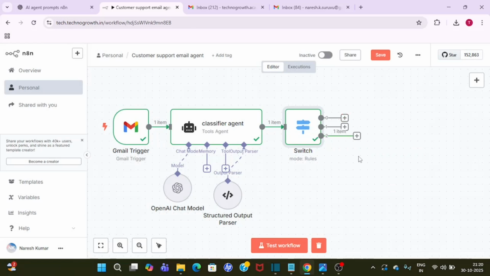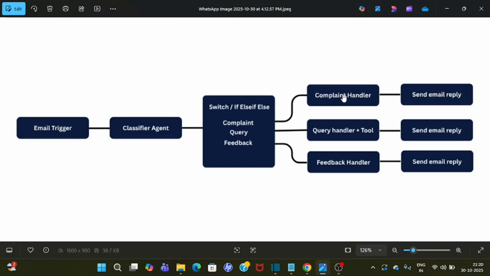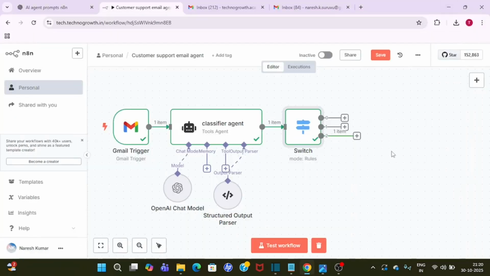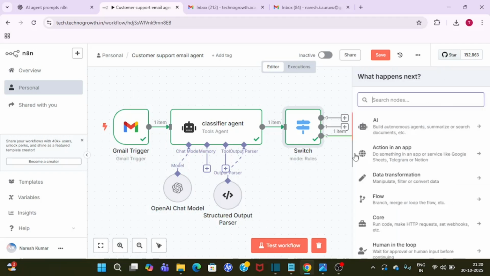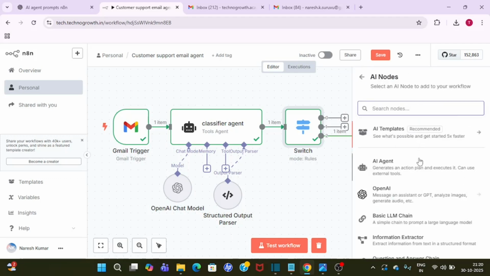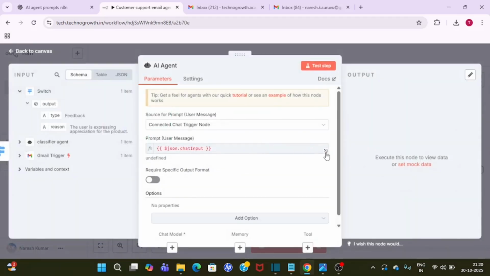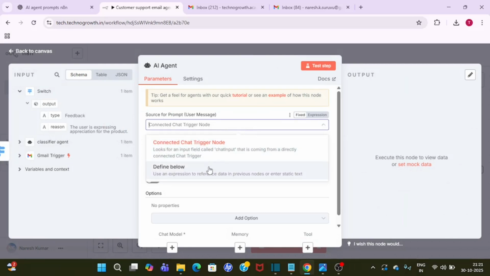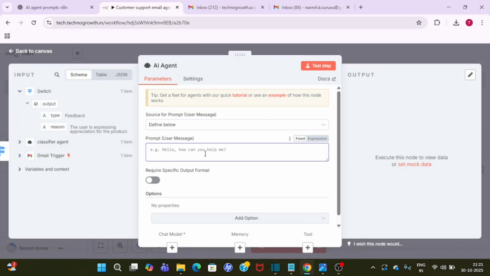Now let's take one more agent, which is complaint handler or feedback handler. Since our routing is selected feedback handler, let me take the feedback handler AI agent, and then I'll go to complaint handler. Just click on plus, select one more AI agent over here, correct? So for source for prompt, you have to select define below. Then the user prompt should be user message,